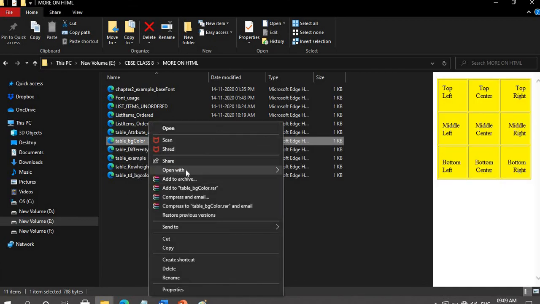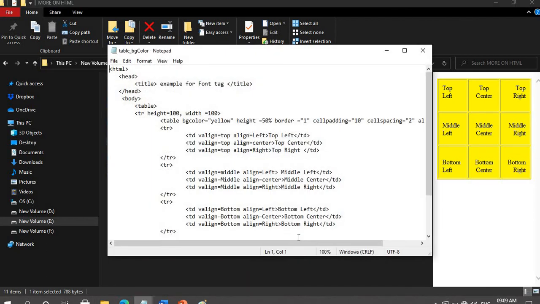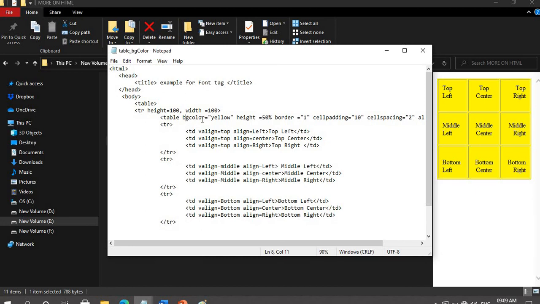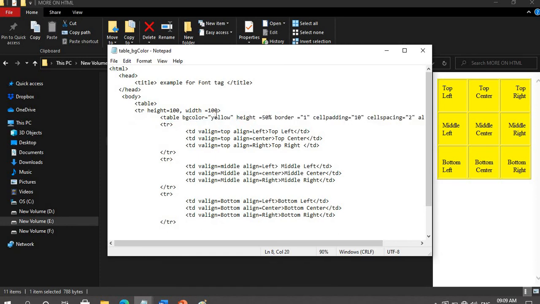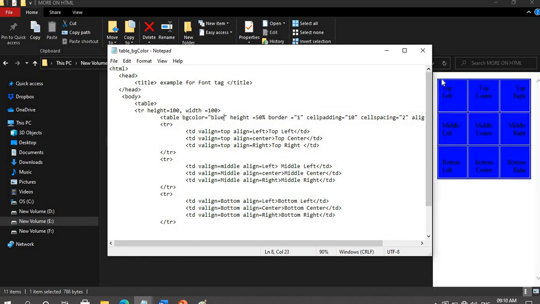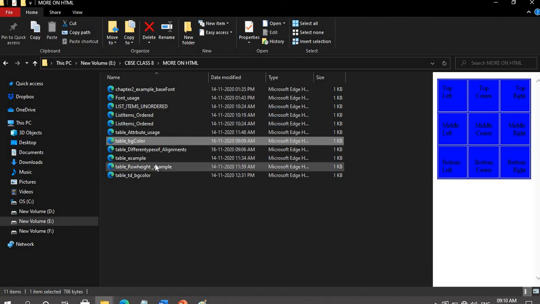See here, I have changed the color of the entire table. Same code I have used, only here I have added yellow background color, height as this. Then I'll put here, I want it to be in blue color. This is the blue. Here, same. Okay, understood. This is the bgcolor. Okay. Then another example is